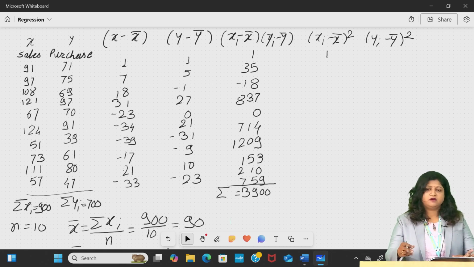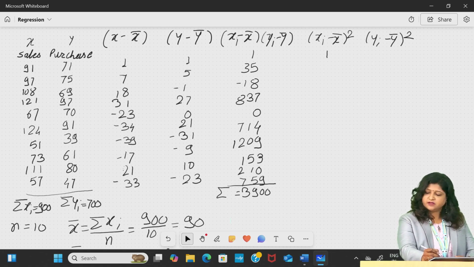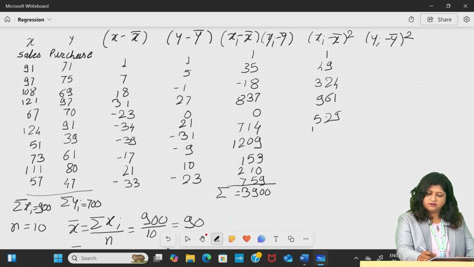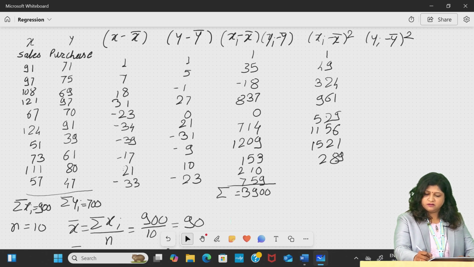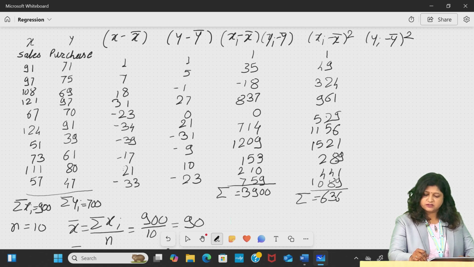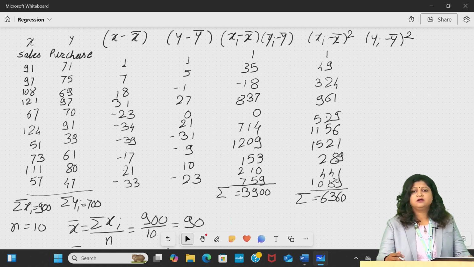Then we take the square of the third column, that is xi minus x bar. So 1, 49, 324, 961, 529, 1156, 1521, 289, 441 and 1089. So the summation of this column will be 6360. Similarly, we are taking the yi minus y bar